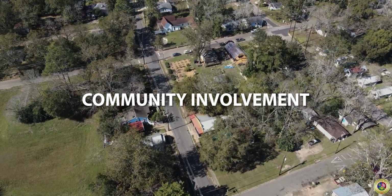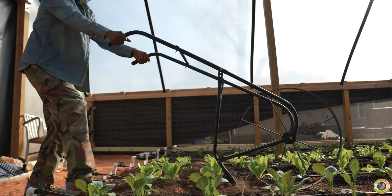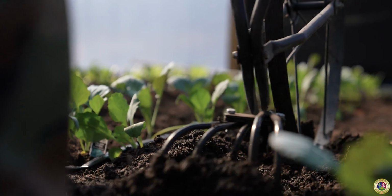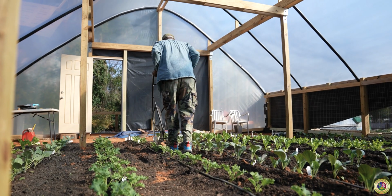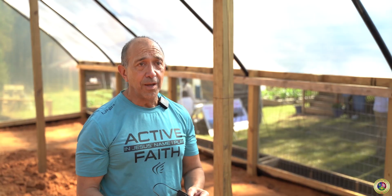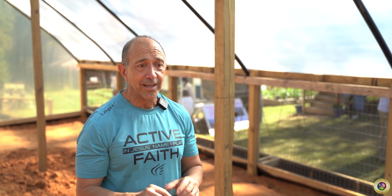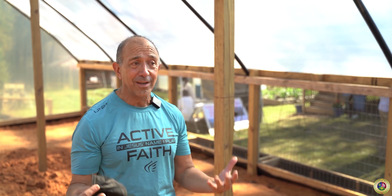Job creation, there's going to be a little more job creation. He's got this phenomenal master plan that is the ultimate goal of all of this. So I'm very proud of Michael Jackson and the staff here and those that have volunteered of their time. You know, that's just something that we don't see as often as we would like. It's just a dedication and a passion for the compassion of people and how they can help and give back